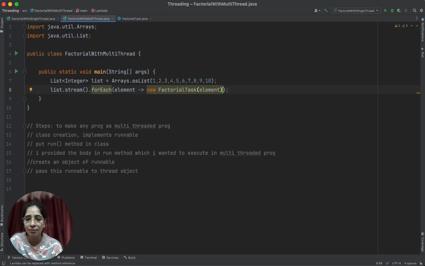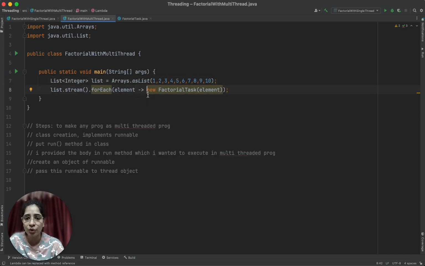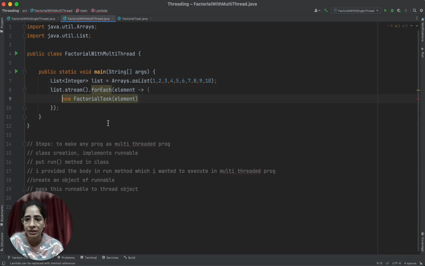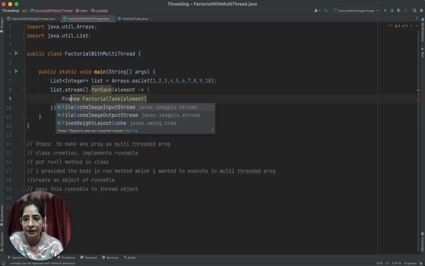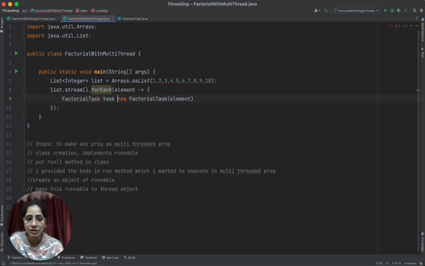So in that manner, every element which is present here will go to that method. Because it's going in multiple lines, I'll just keep it like this, and I'll collect it like factorial task equals to this. Okay, cool. I got the list for which I wanted to calculate the factorial in a multi-threaded program.